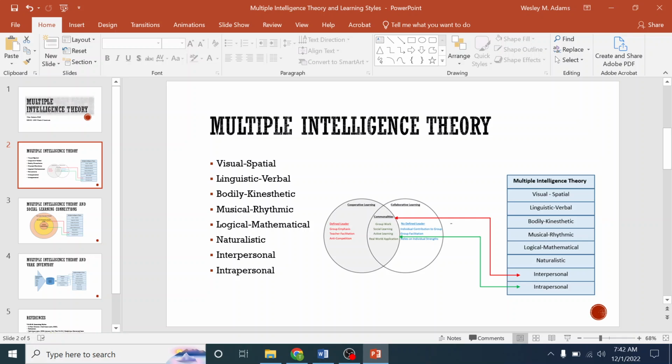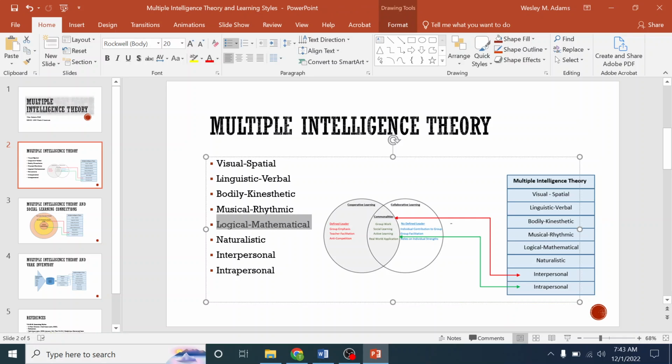Here's another one of my weak areas: musical rhythmic. I have no rhythm. Even though I can learn things kinesthetically, I'm not very rhythmic and I'm not very musical. And then logical mathematical, I'm actually fairly good with that because it's procedural, it's process oriented. So it is on the implicit side of the house, meaning that order of operations, that's all procedure, and I can memorize those procedures fairly well. So initially, when I started school, I thought I was terrible at